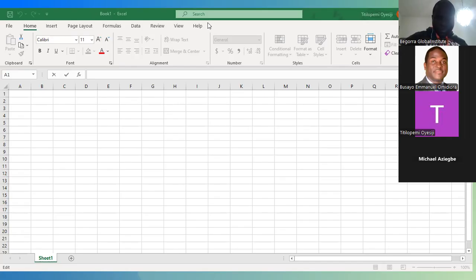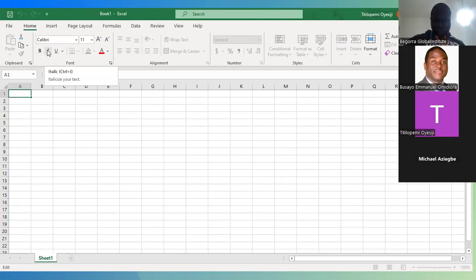And in each of these tabs, we have different icons and different elements that we can use for analysis and that we use generally. So on our home page, we have the copy and paste option. We have the font. This is all about the font size. If you want to bold, we use this. If you want to put it in italic, we use this.